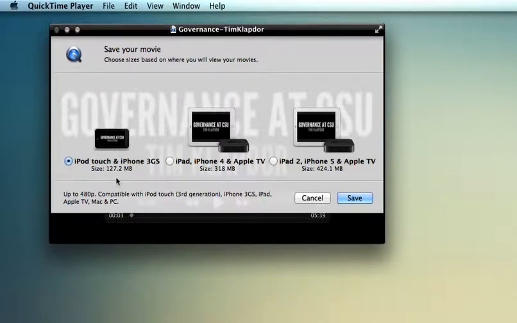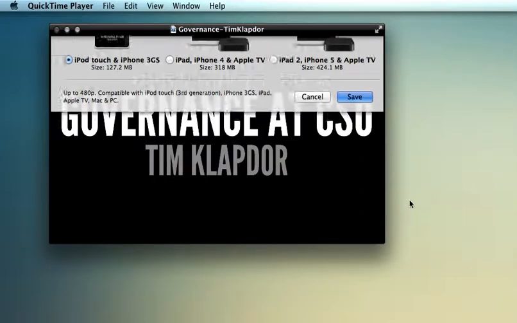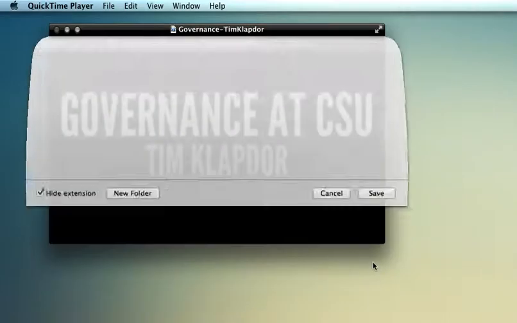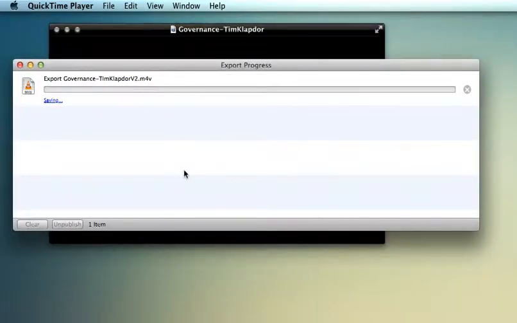So in something like Dropbox, if you wanted to share it that way, or to upload to YouTube, and if it's just on a home connection that's not particularly fast, that's probably a much better option to post up online. So all we have to do now is just click Save, and what you'll get is a little dialog box to choose what you want to call it and where you want to put it. So I'm just going to put it on the desktop. I'm just going to save it as version 2, hit the save button, and now we've got this little export